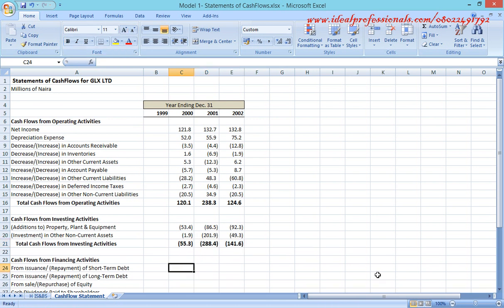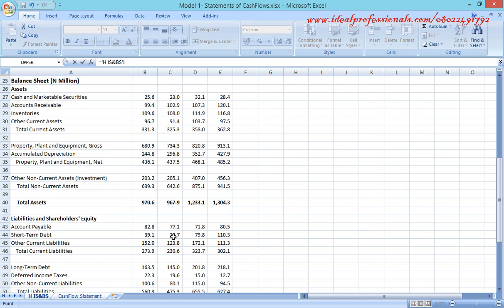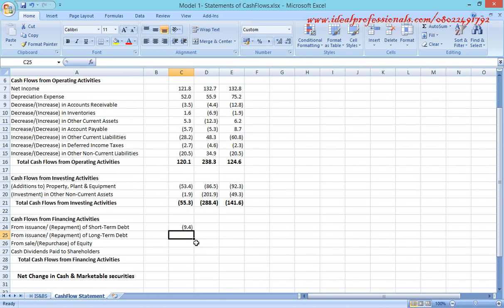Now the next thing is issuance of debt, issuance or repayment of short-term debt. So I have the equals to sign, then come to short-term debt. This is column C minus column B. All liabilities is C minus B, while all assets is B minus C, that is column B minus column C. So minus sign, enter. Now drag it across,